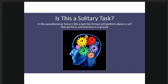So what I want you to do is think about a task that we perform pretty regularly. Think about any task that the student has to perform. And if we're thinking about whether or not we can make this task collaborative, is this a solitary task? In the operational Air Force, so this is a question for you to ask yourself, when you're going base level, is this a task that the airman's going to perform by themselves? If they're not going to perform it by themselves,